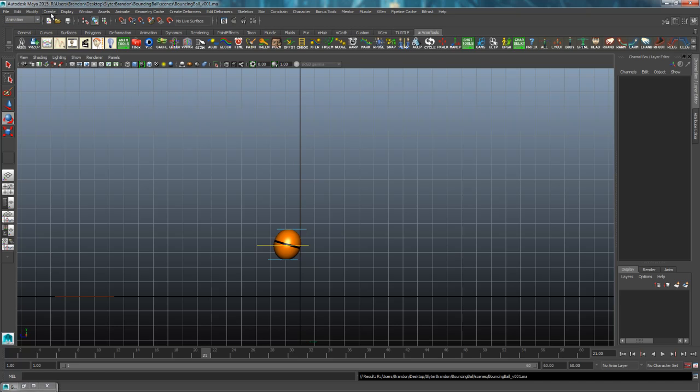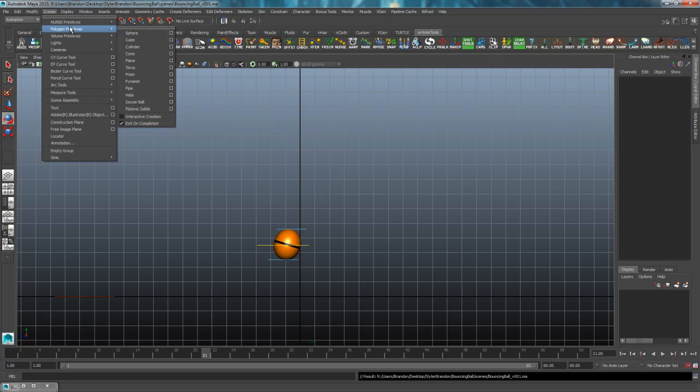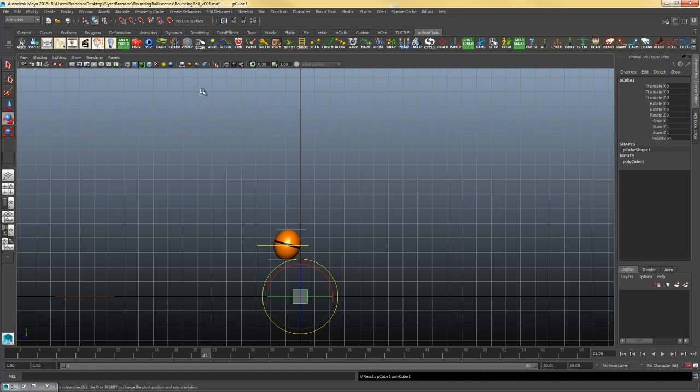So I'm going to go to Create, Polygon Primitives. Once again, I recommend turning off interactive creation, but it's personal. I don't like it. If you like it, then keep it on. And we'll go ahead and click on Cube. And we got a cube down here, right? So what we can do is move this around. So if we move it down,